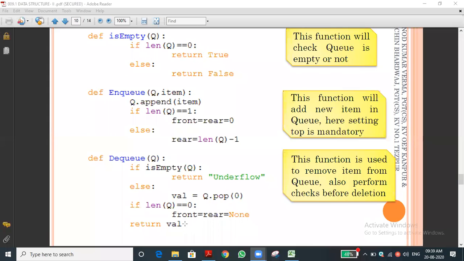As well as it will return the val. What is the value of the val variable? Val equal to q dot pop of 0. The first element which we deleted will be stored in the variable val. Then it will return to the main program.